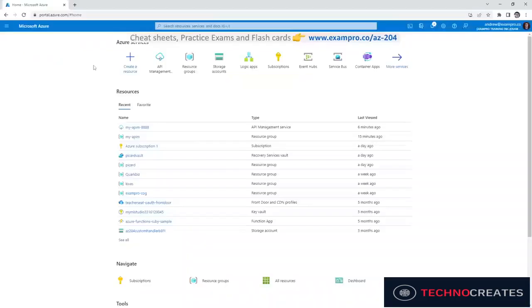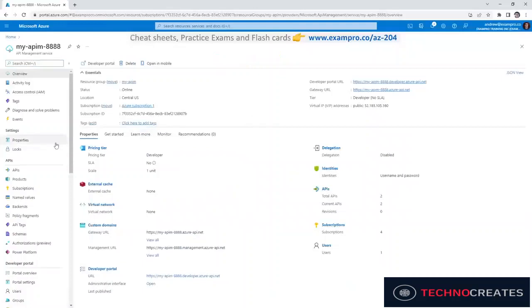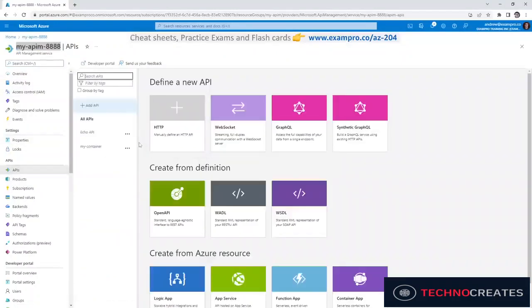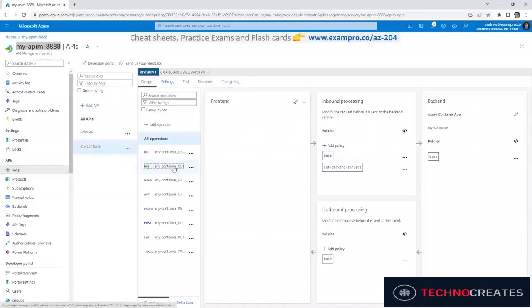Hey, this is Andrew Brown, and we are still working with APIM, and this time we are going to create a policy, because policies are some of the most powerful things that APIM allows you to do. So on the left-hand side, in our gateway that we created, we'll go to APIs, we'll go over to My Container, and we'll just click onto any of them,